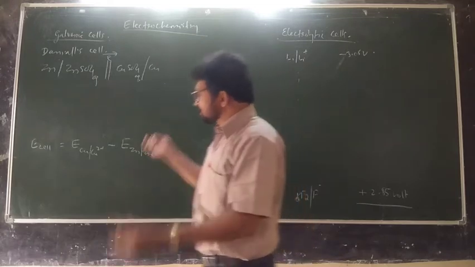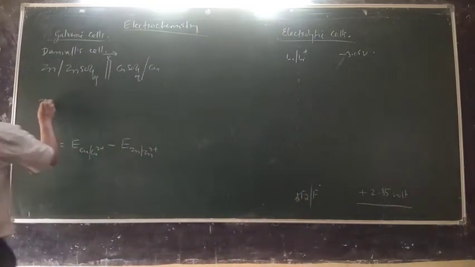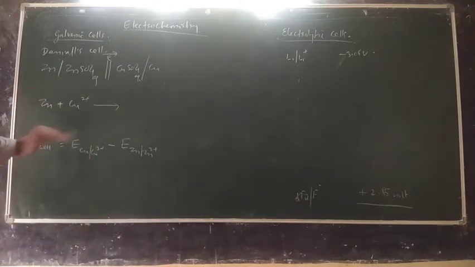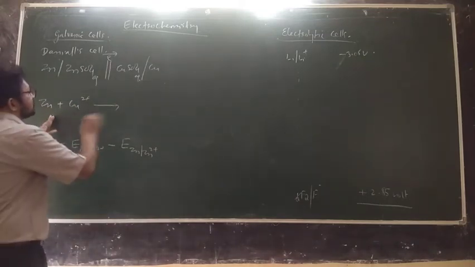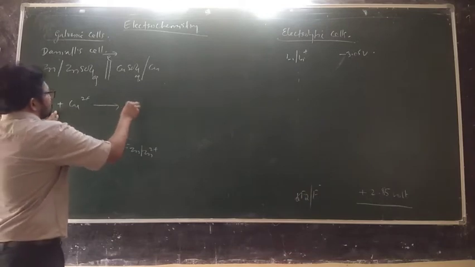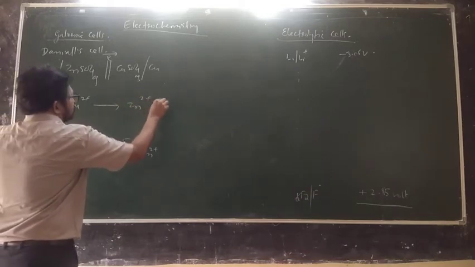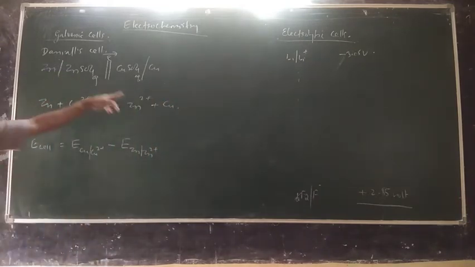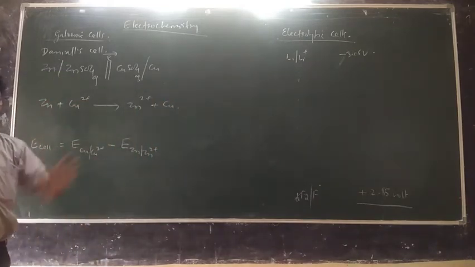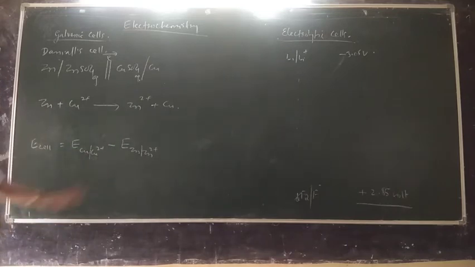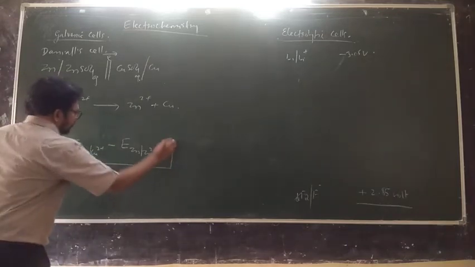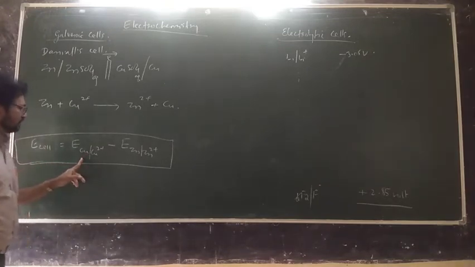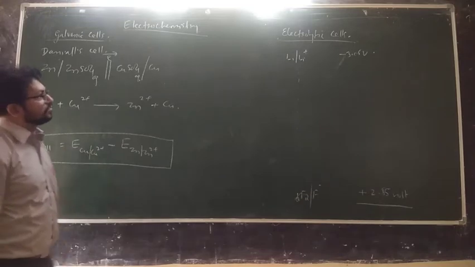So the overall equation you can write here. Zinc is undergoing oxidation and copper 2 plus is undergoing reduction. Write the separate equations, you know all that; I don't want to cover all those things in the synopsis. So this is going to become Cu, copper. Zinc has undergone oxidation and copper ion has undergone reduction. So this is the equation to calculate E of cell, equal to the electrode potential of the copper electrode minus the electrode potential of the zinc electrode.